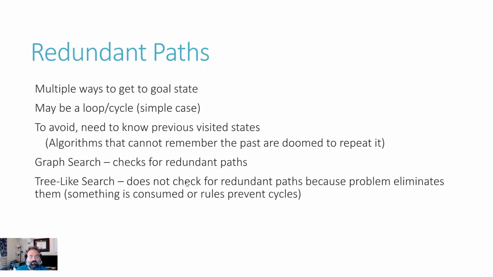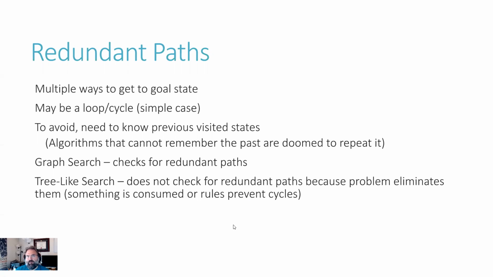If the thing that you're doing has rules which prevent cycles, like if you're playing chess, you don't really get cycles. You're not going to go back into a loop because your pieces can only move a certain direction, especially if a move results in a piece being taken, or whenever you move, somebody else moves, that's going to change the state such that it's unlikely you're ever going to get back to that same state, right? Theoretically possible, highly unlikely, right? But if it's tree-like, you don't have to worry about it too much.